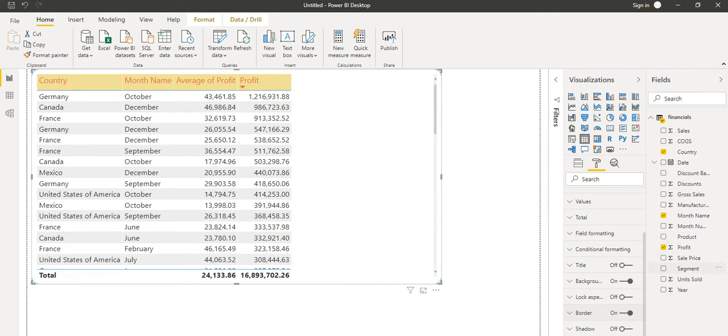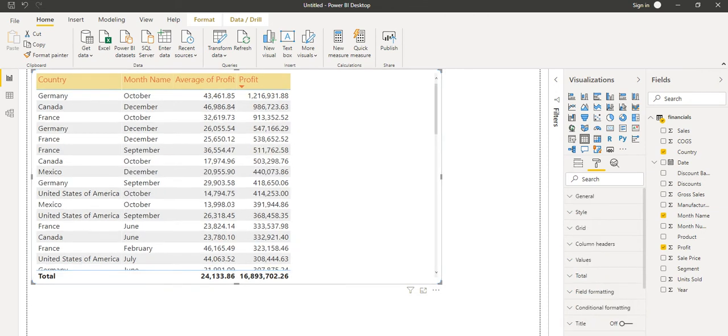Based on that, this table looks good, because currently from here we can see the month name and the average of the profit, but that line is not coming and we are not able to see the data. So we can do the formatting for this as well, from here. Whatever formatting we want, we can do on this table.